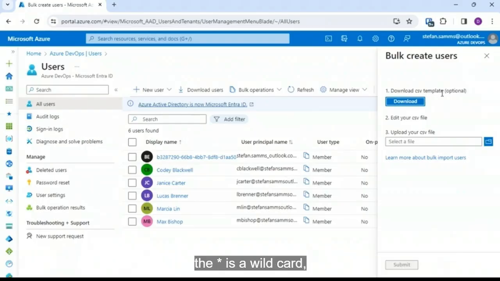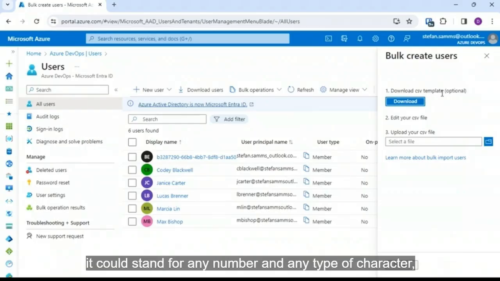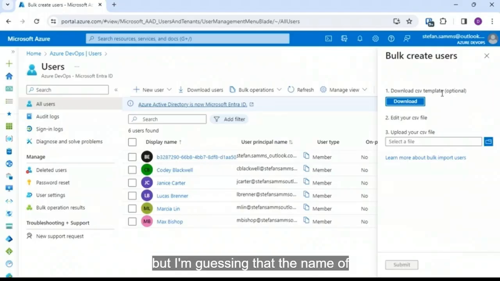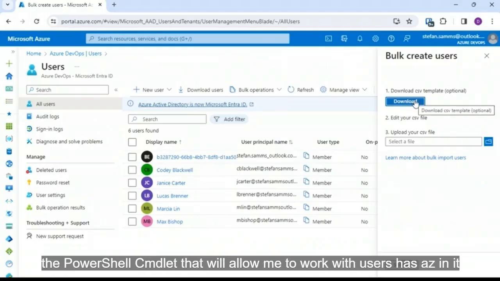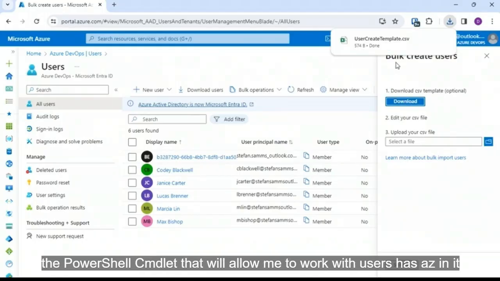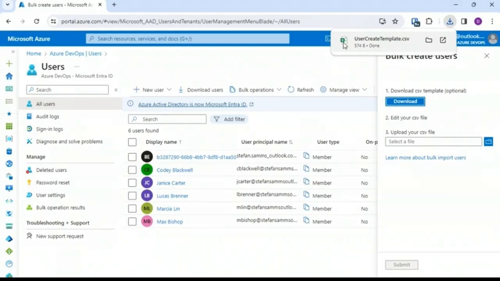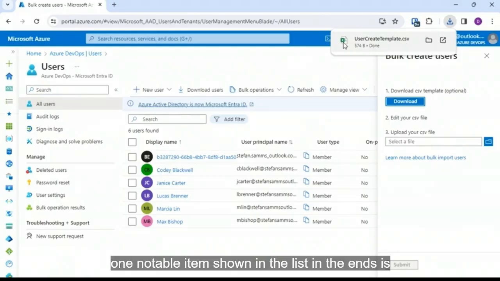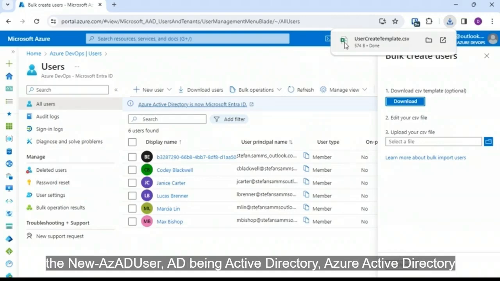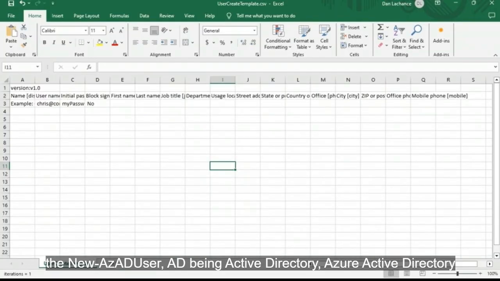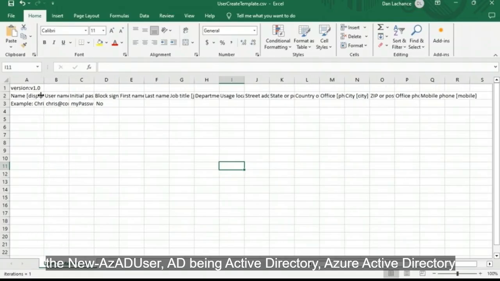Well, that's great. We don't have to refer to help or anything like that to see the format of that import file. We can just download a template, which I'm going to do. So I'll click download. Okay, now I've downloaded it. It's a .csv file on my computer. CSV files happen to be associated with the Microsoft Excel program. It doesn't have to be. It might be associated with WordPad or whatever. Makes no difference. So when I open up that template in Excel, then what I get in cell A1 is